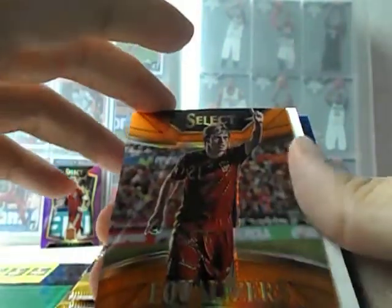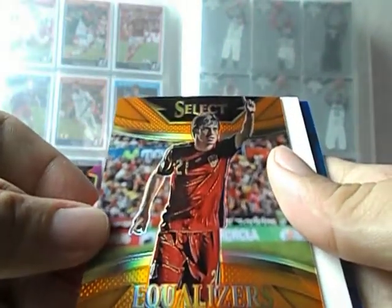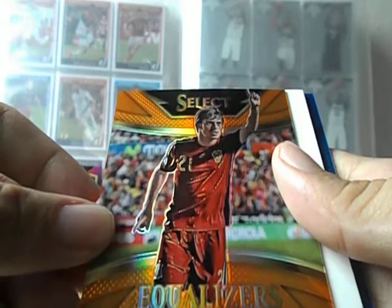And then you have the usual base. So the hit jersey card right on the second pack. Hopefully the autograph card would make up for this rather mediocre jersey card. So I see a blue, I see an orange. Pretty nice orange inserts card, the equalizers of David Silva. So yet again another colored Spain hit, followed by,